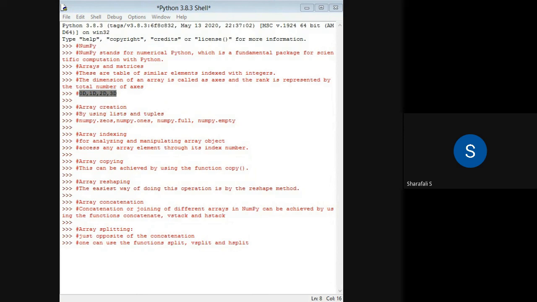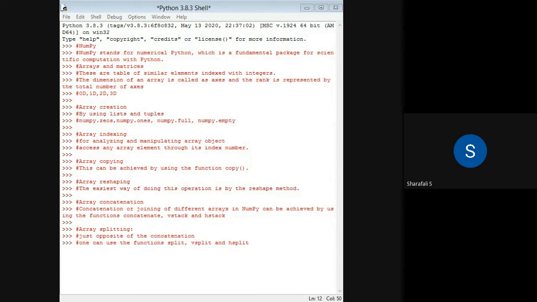So if you want to create a particular dimensional array, you can directly use some of the functions available in NumPy. Examples of such functions are numpy.zeros, numpy.ones, numpy.full, and numpy.empty. We will discuss all these functions separately when we do the program, and we will be able to understand those things.